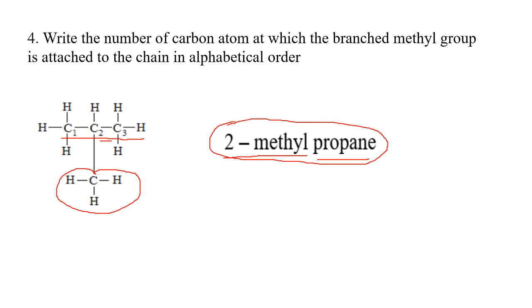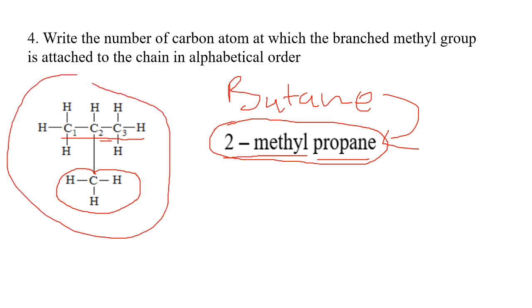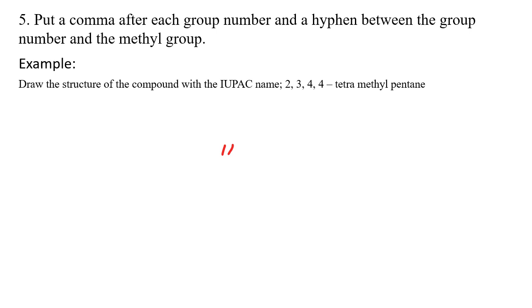So this is the name of this isomer for butane. Butane has got 2 isomers. The first one is butane itself. Then the second isomer for butane is simply 2-methylpropane. Then you're done naming the isomers of butane and drawing it. This is the drawing, the molecular structure for the isomer of butane. Okay, then the fifth rule: for our example, the fifth rule couldn't apply, so I just dropped an example